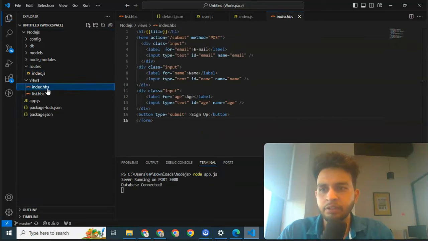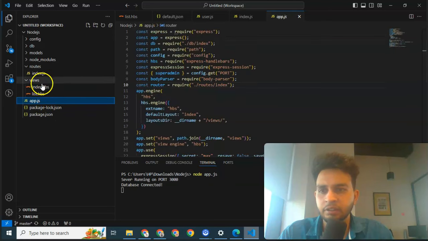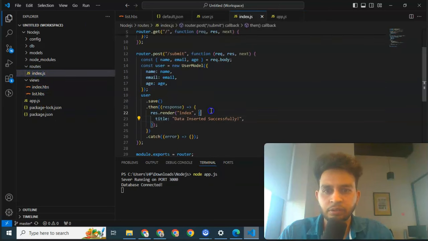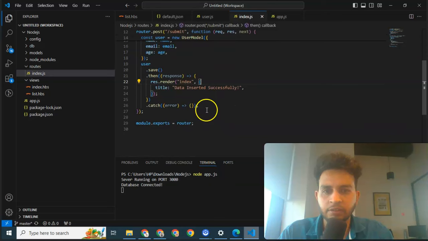We already have an index.js. We have to check. No, we don't have. Okay, we don't have, no problem. We will make it here again. Correct, data inserted successfully,